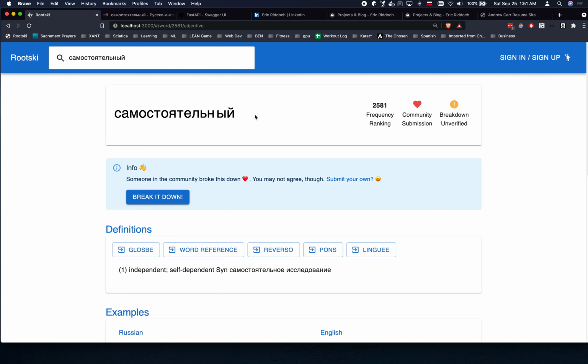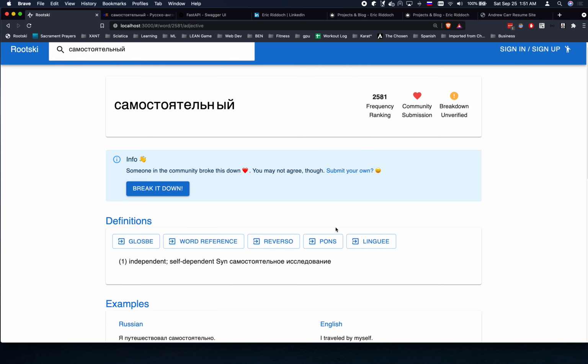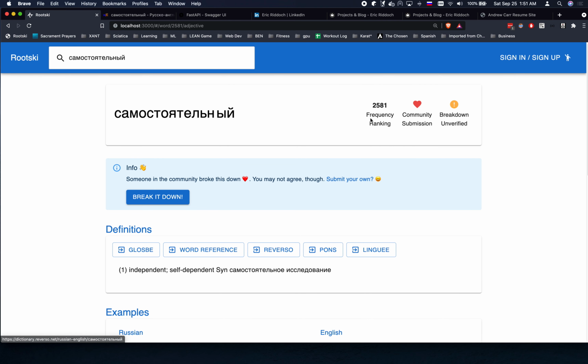So that's an area where the Rootski dictionary can improve, which we can do almost effortlessly because we just link to other definitions. So that's really cool. But 200,000 words is pretty good. Especially for a beginner, all the words you could ever want to know are going to be in Rootski. And as you're learning them, for the first 100,000 most common, we have this frequency ranking,